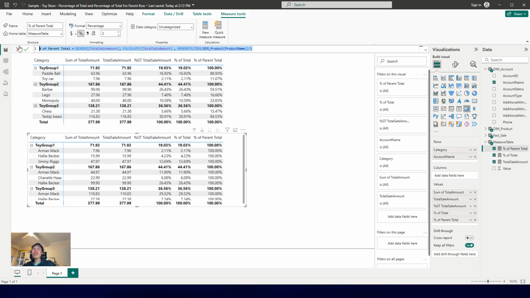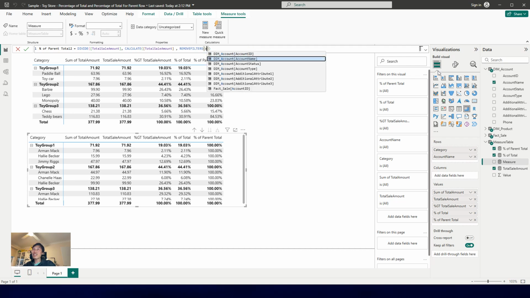So we can copy this measure, we create a new measure, we call it percentage of parent total 2. In this REMOVEFILTERS, instead of using dim product name, we use account name, because this is something we want